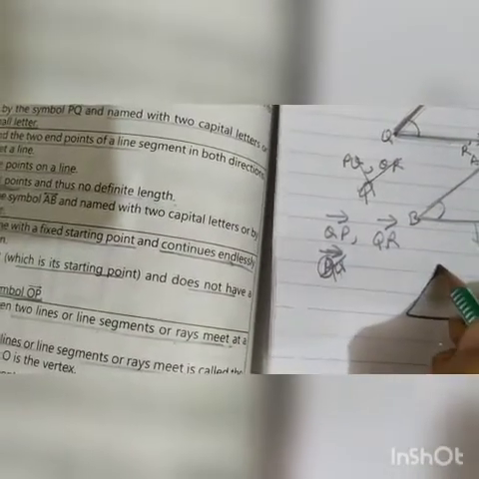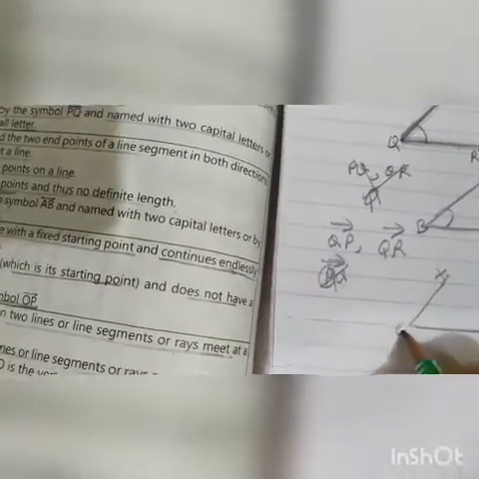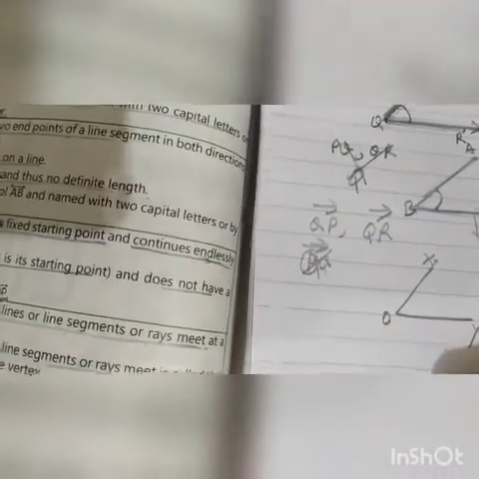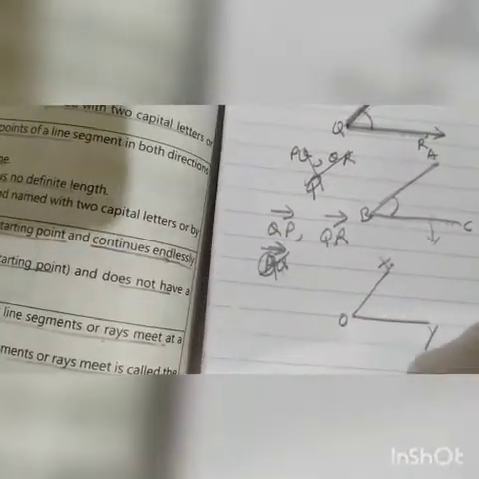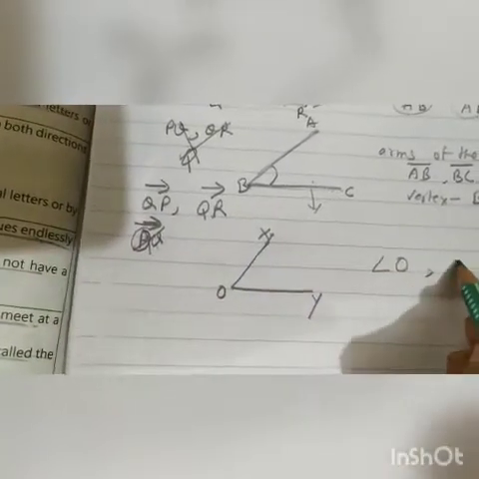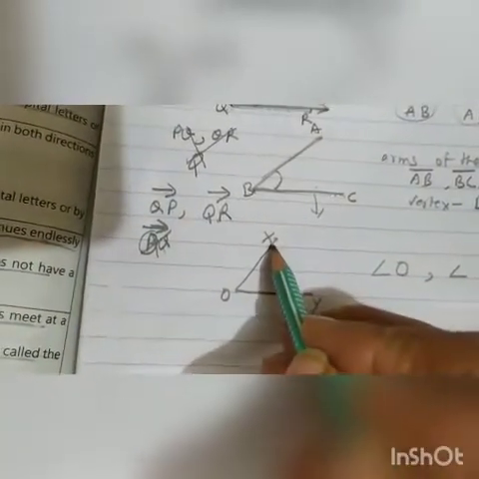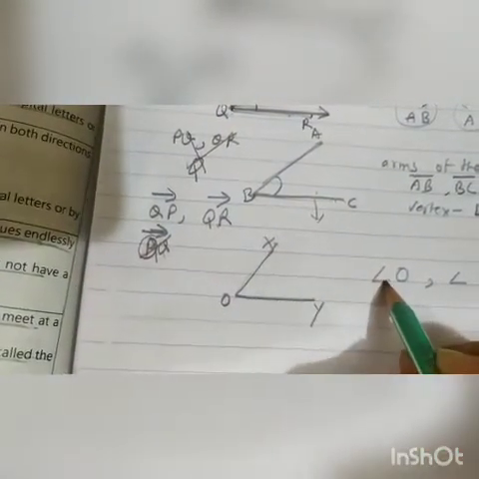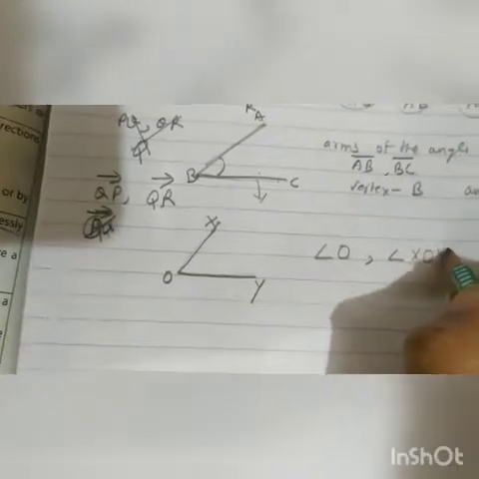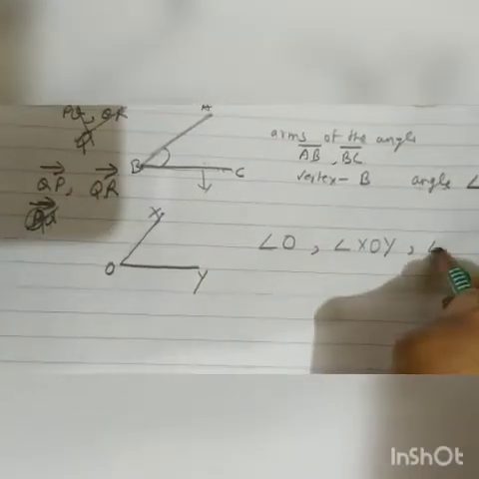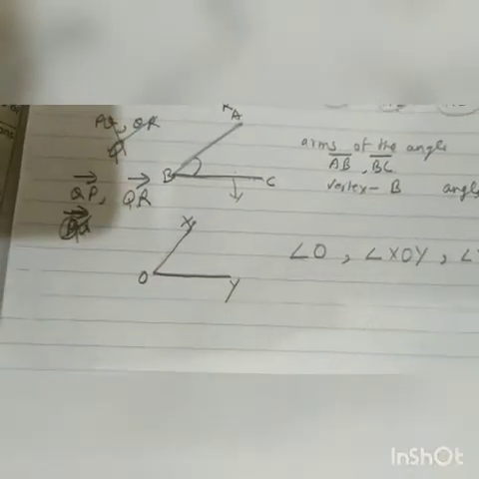Suppose I am giving its name XOY. So we can write angle XOY, or angle only by this vertex, angle O. Clear? Or we can start from one corner, from one point, XOY, in this shape. Or we can start from this side also. We can write angle YOX. All these three are correct.